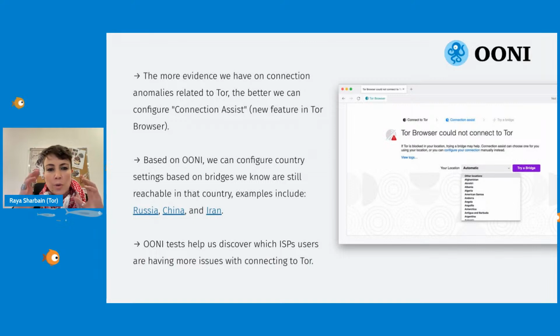connect, it will take you to a page called Connection Assist, and it will ask you which location you're in. So you would insert the country, for example, Algeria, and it will tell you, do you want to try a bridge that we know works in Algeria? The way we know which bridges work where